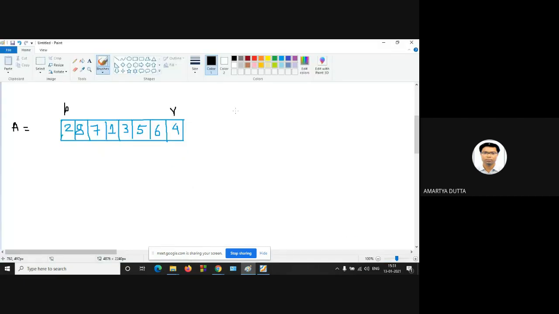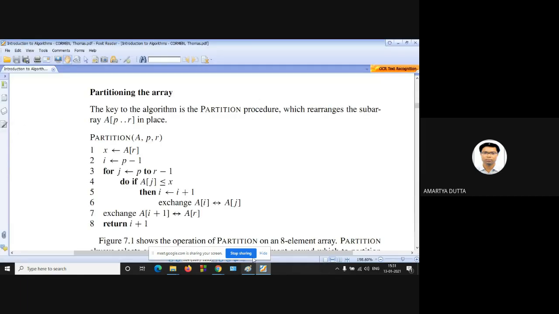So what is the X value? Value of X will be anyone? 4. Value of X will be 4 because AR is copied in X. Next one is I is equal to P minus 1.